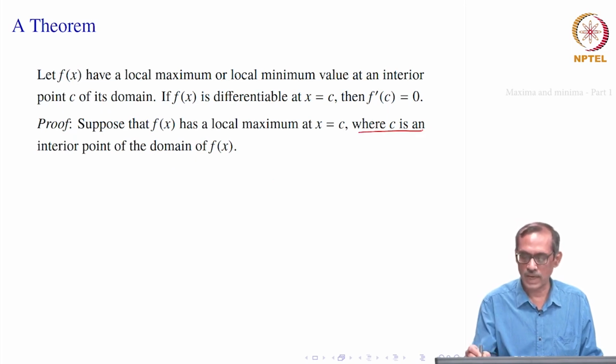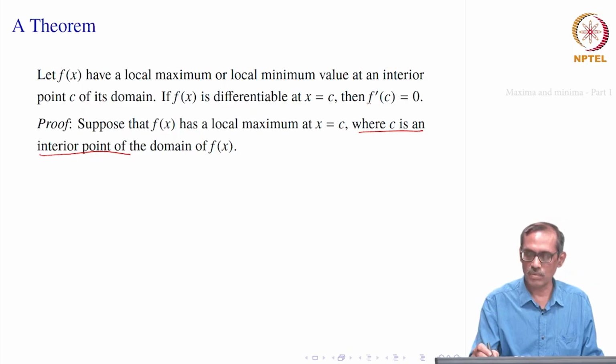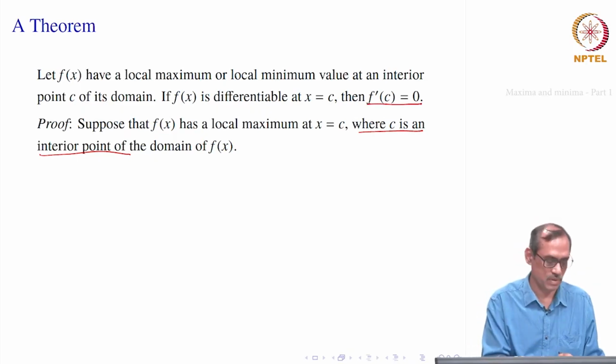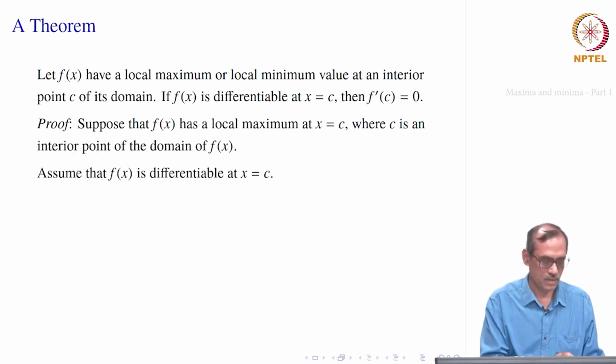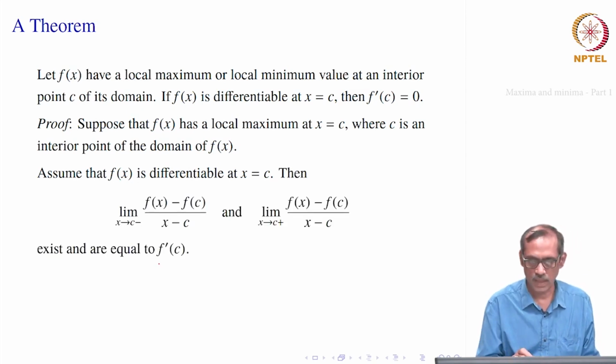And we assume that C is an interior point of the domain of the function f of x. So, these are to be assumed. All that we want is to show that f prime C equal to 0. Okay. So, again our assumption is f of x is differentiable at x equal to C. Now, since it is differentiable at x equal to C,